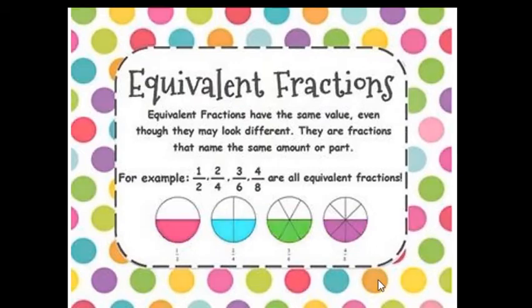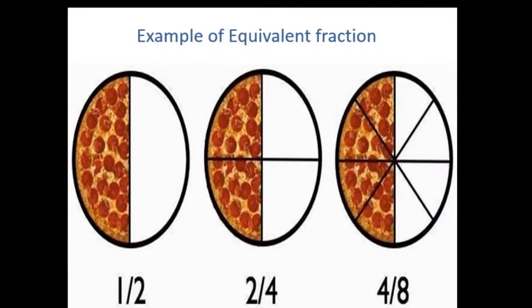Now let us see our next example for equivalent fraction. This is an example of pizza. You have already heard about it. Now if I divide it into 2 equal parts, it will be 1 by 2. Next, if I divide the next pizza into 4 parts, out of 4 there will be 2 shaded parts. It means 2 you have eaten. Now the third one: if you have taken 4 pieces of pizza out of 8, it will be 4 by 8. Now all these values look different but are the same equivalent fraction.